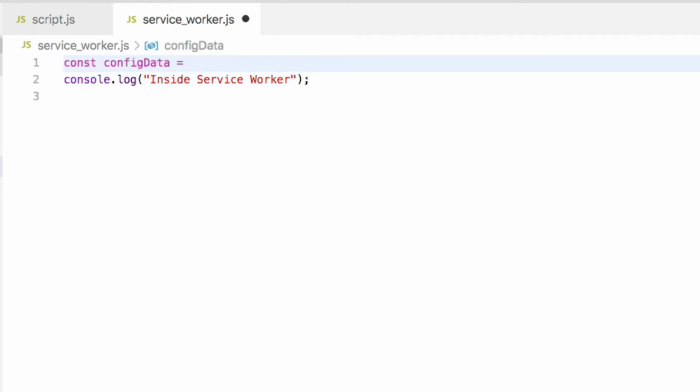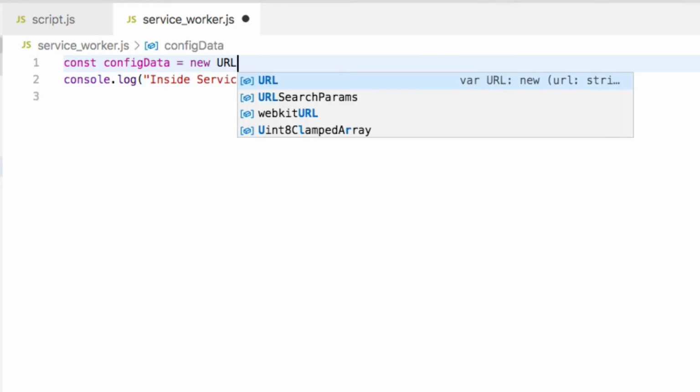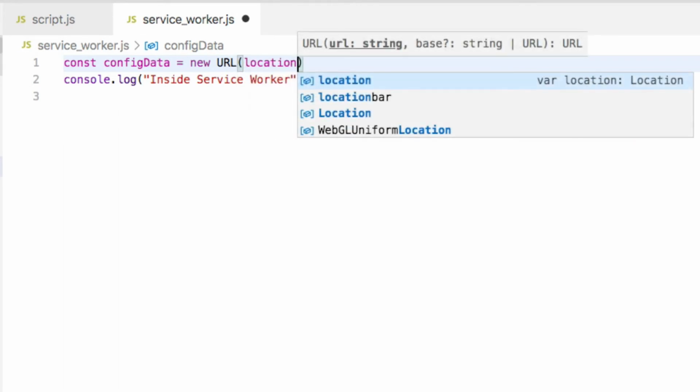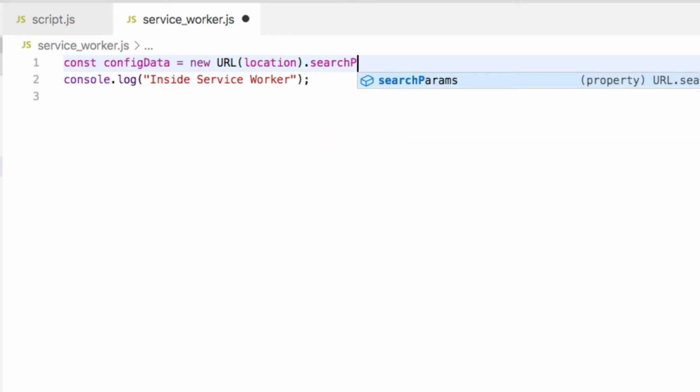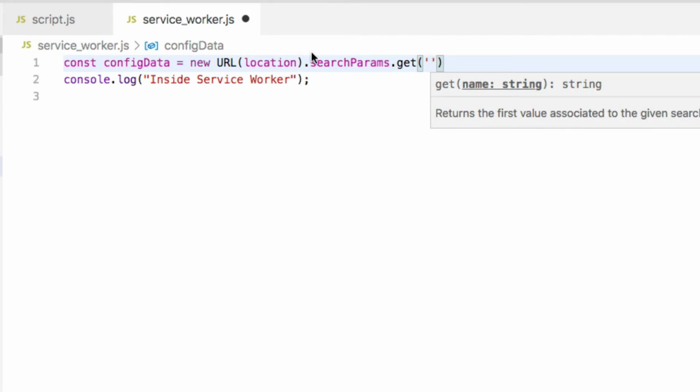by creating a new instance of the URL class, passing the location property as a parameter, and calling the searchParams.get method to get the config query parameter.